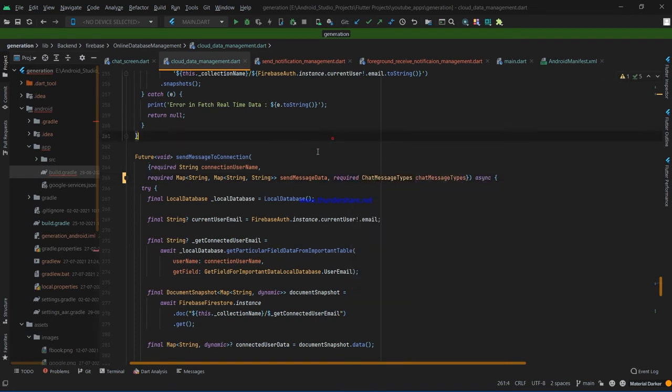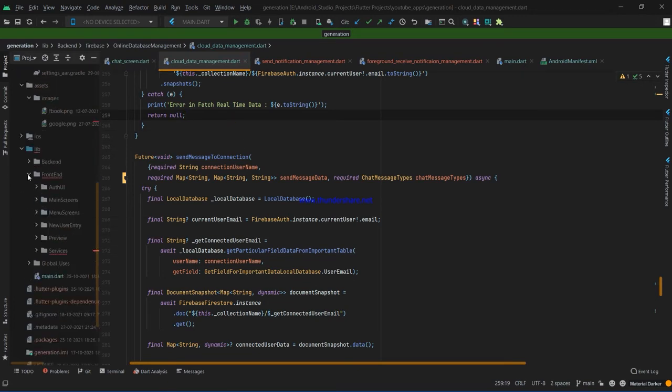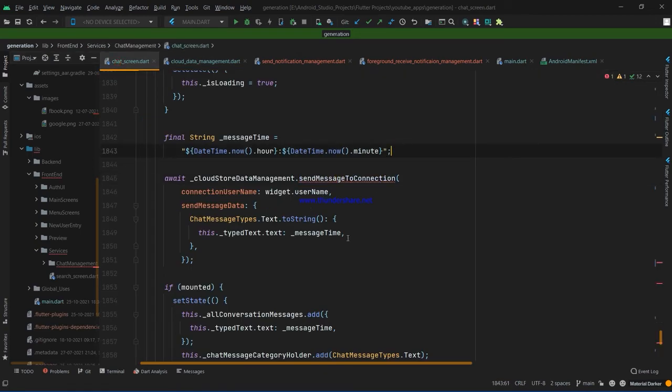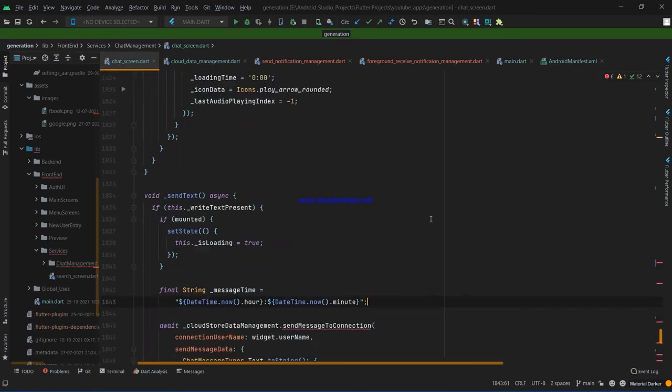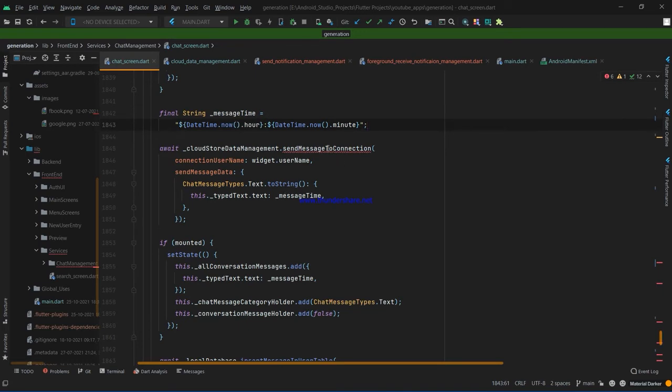Obviously under front end services, that means chat screen, there will be some error. So it requires a name parameter, so that will be chat.